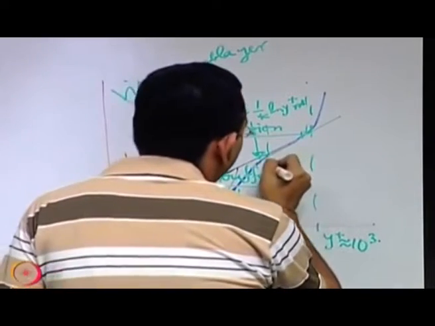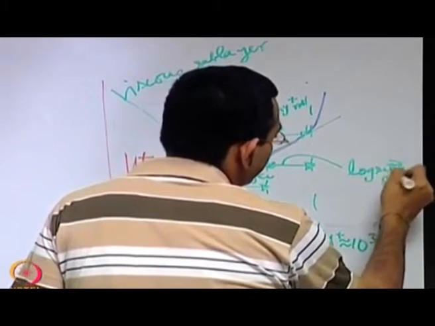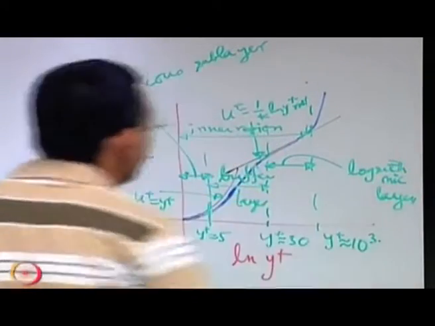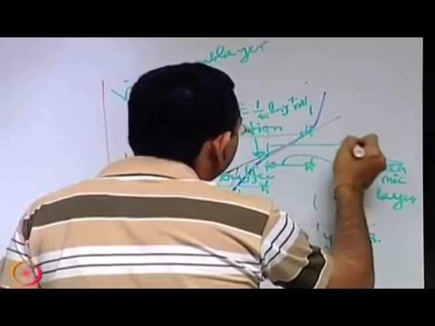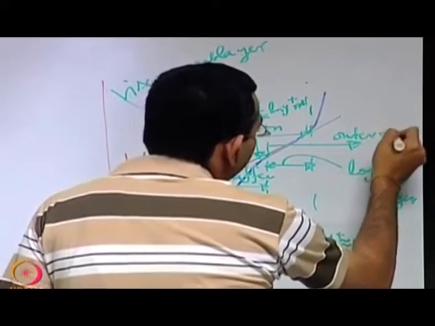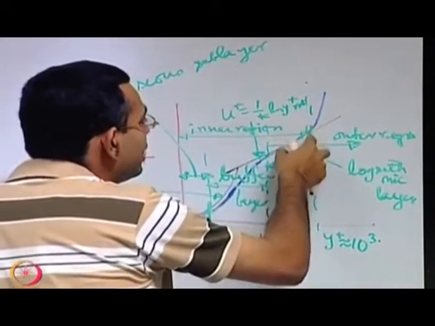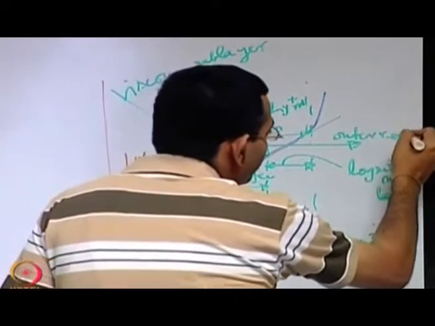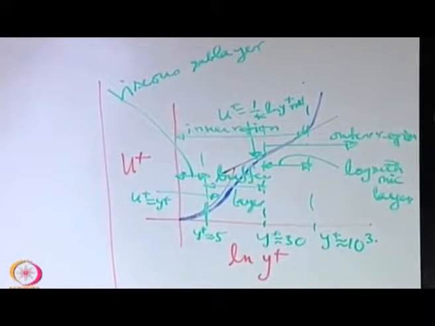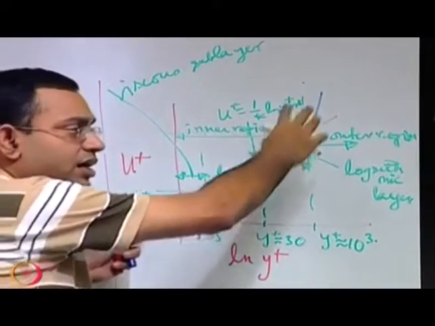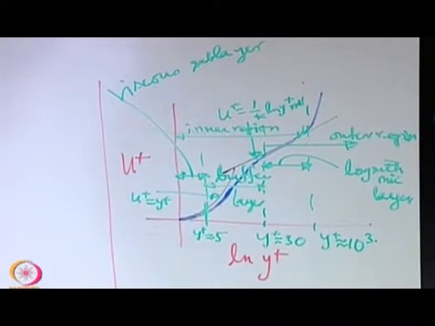And the layer over which the logarithmic law is valid is known as the logarithmic layer. And from the logarithmic layer to the entire thing is usually known as the outer region, and you can see therefore there is a region which is an overlap between the inner and the outer region. So it is not that where the inner region finishes the outer region starts. I would say that the names are not very important because these names have been traditionally given in this way, but what are important are the physical phenomena that are occurring over these different length scales, which matter for our understanding.